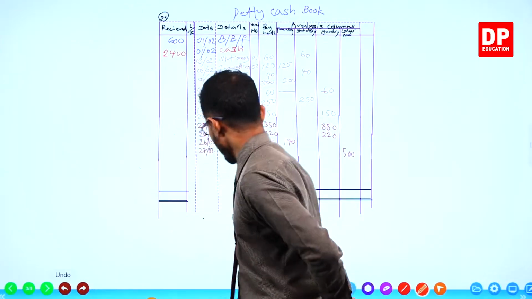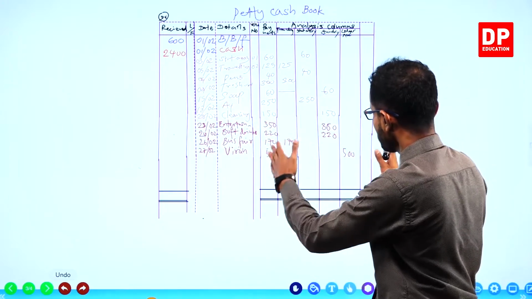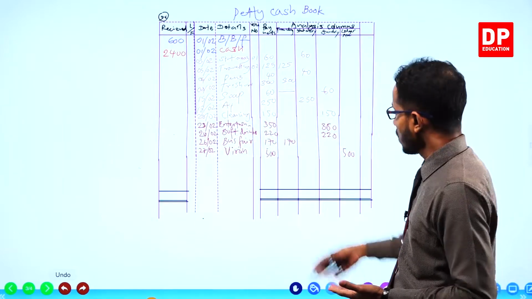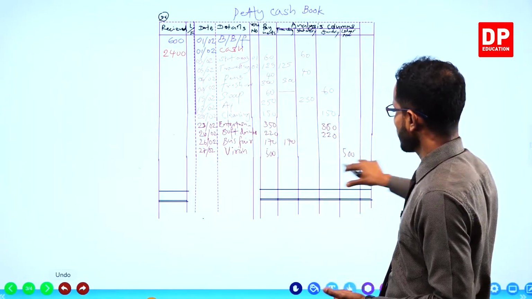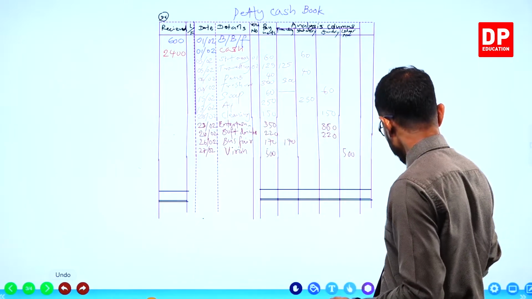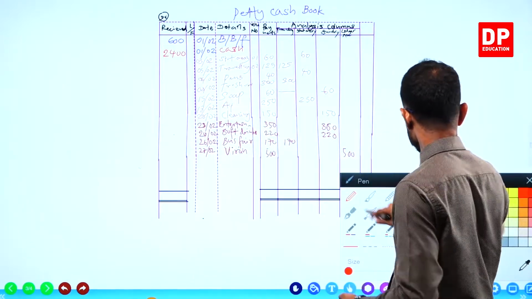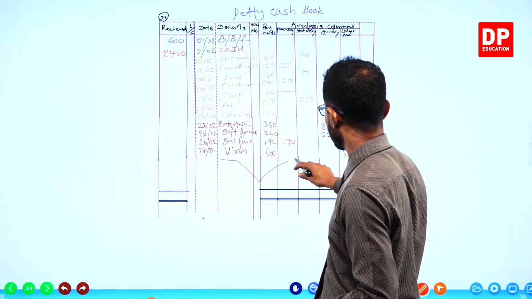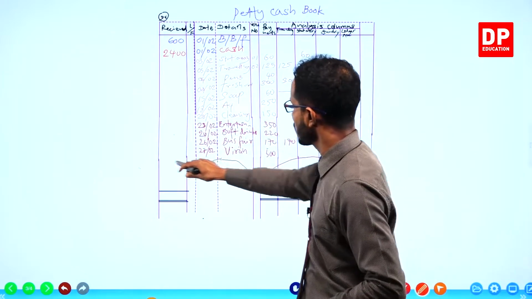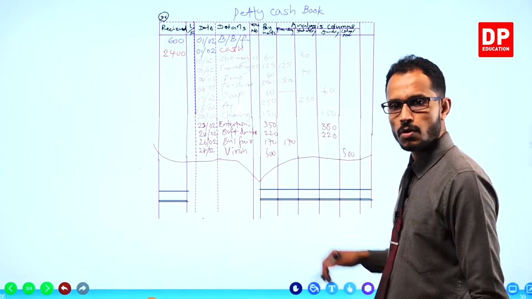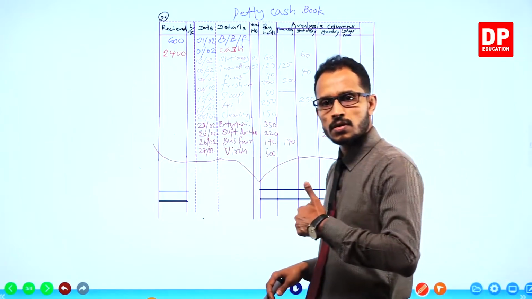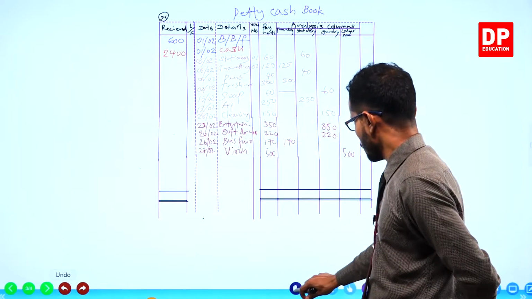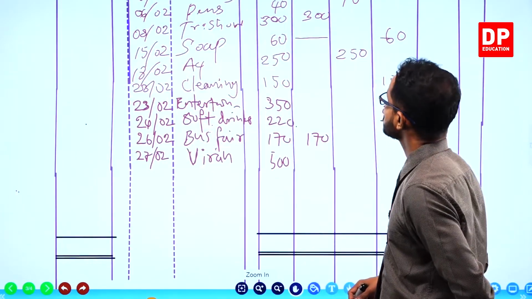These sum boxes should be drawn with enough space in the table, in the petty cash book, right? At least this much of a space if you keep for your balancing part, that's good. That will be enough. All right. Okay, now let's take the